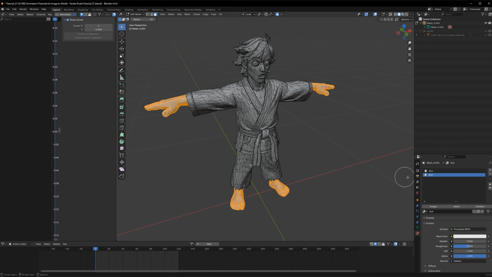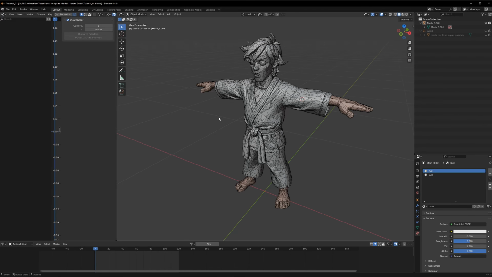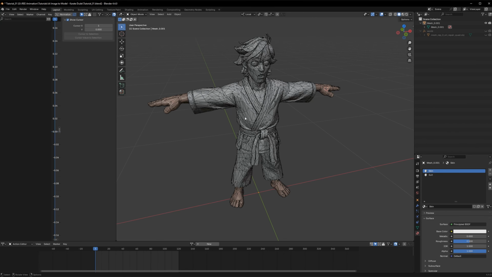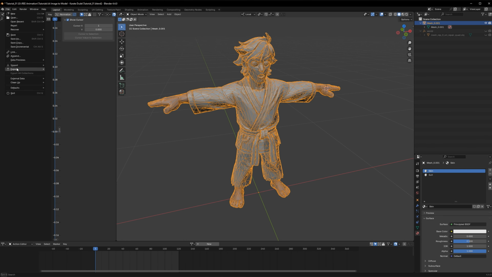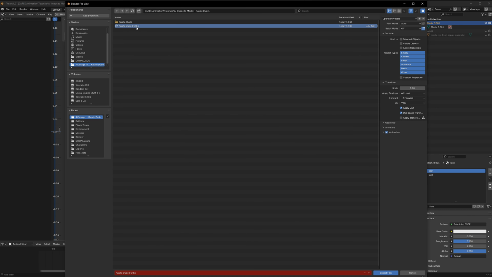So now we go into, these are selected, press skin and click assign. Go back to object mode, you see? He has different materials on his hands and feet now, which is great. We select him, we export him again, FBX, Karate Dude 01. Get your preset here as before, press export,